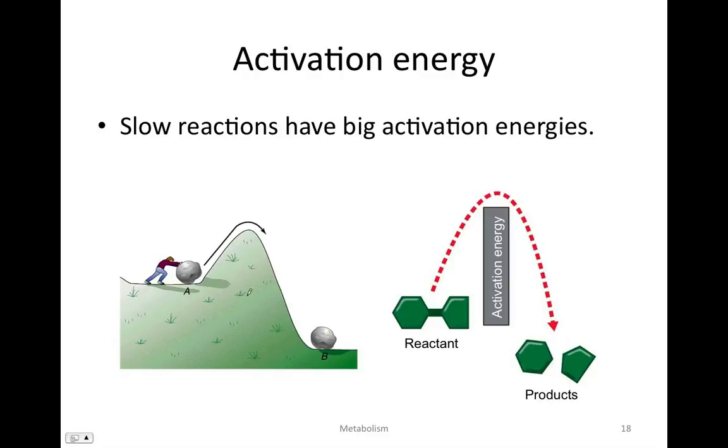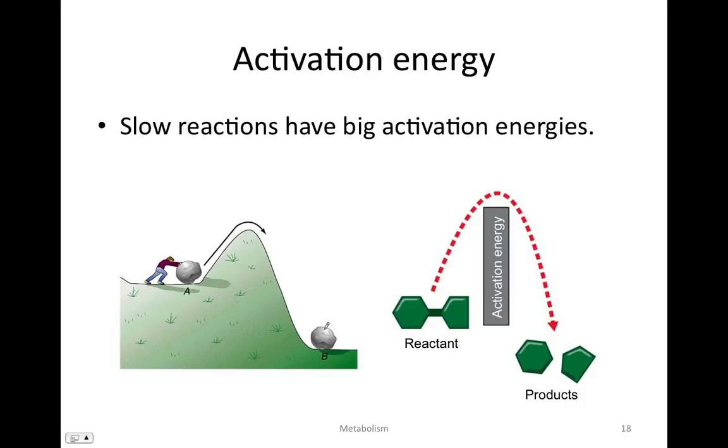There's a period between them, and the form between them, called the transition state, can be higher in energy than either the reactants or the products. If there weren't a hill here, all of the reactants would already be products. We wouldn't observe the chemical reaction because all we would observe is the products. But in a slow reaction, there's a hill that you have to get the rock over